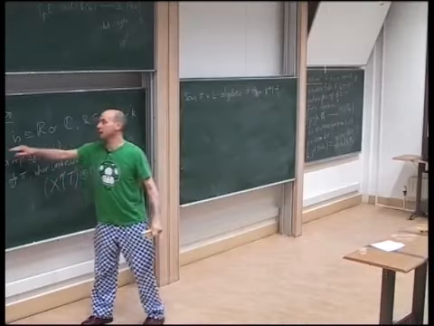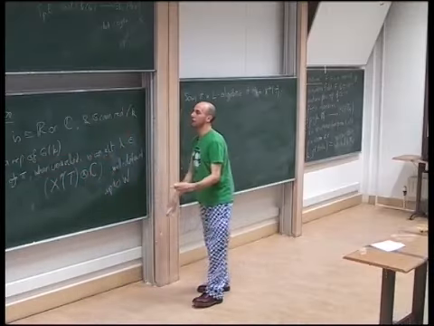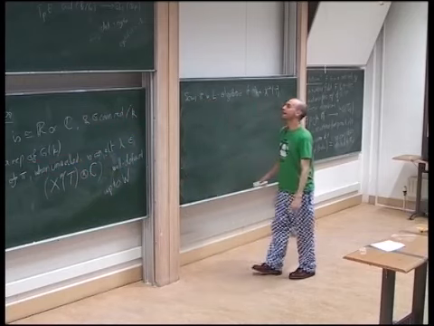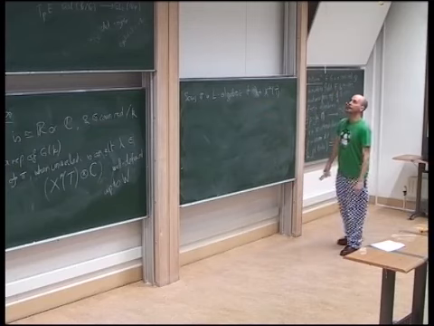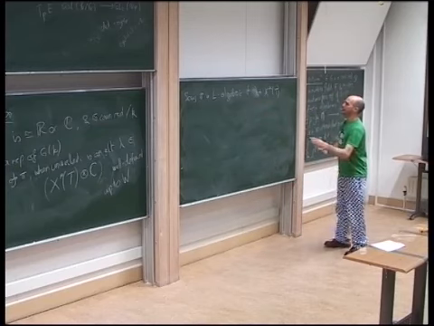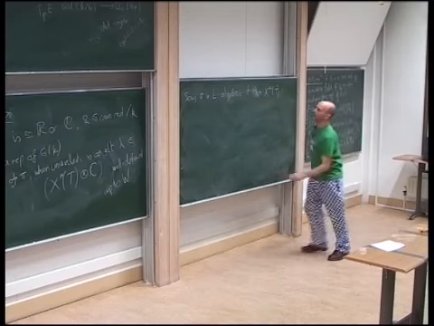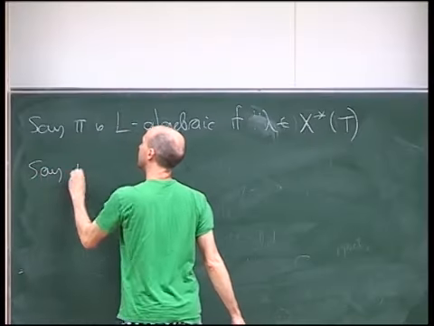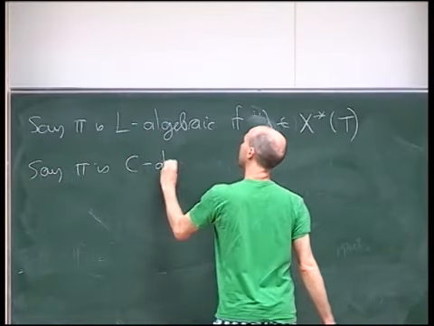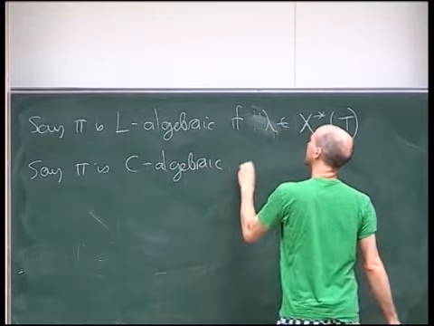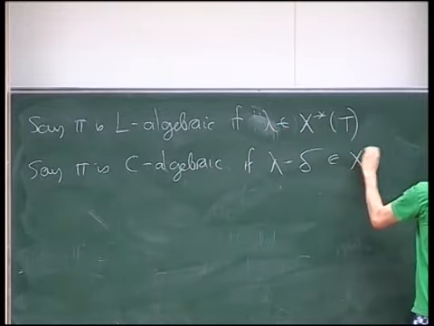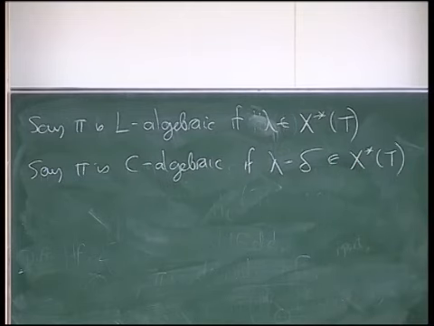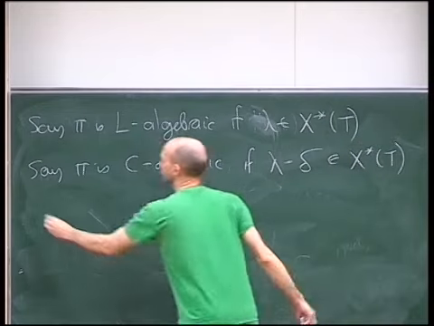And when you normalize the Harish-Chandra isomorphism in the right way, it involves half the sum of the positive roots again. So finite dimensional representations typically won't be L-algebraic, because there's a half the sum of the positive roots issue. So let's say pi is C-algebraic if lambda minus half the sum of the positive roots is in X star of T. So two very natural definitions of algebraic that we couldn't choose between, but of course the notation